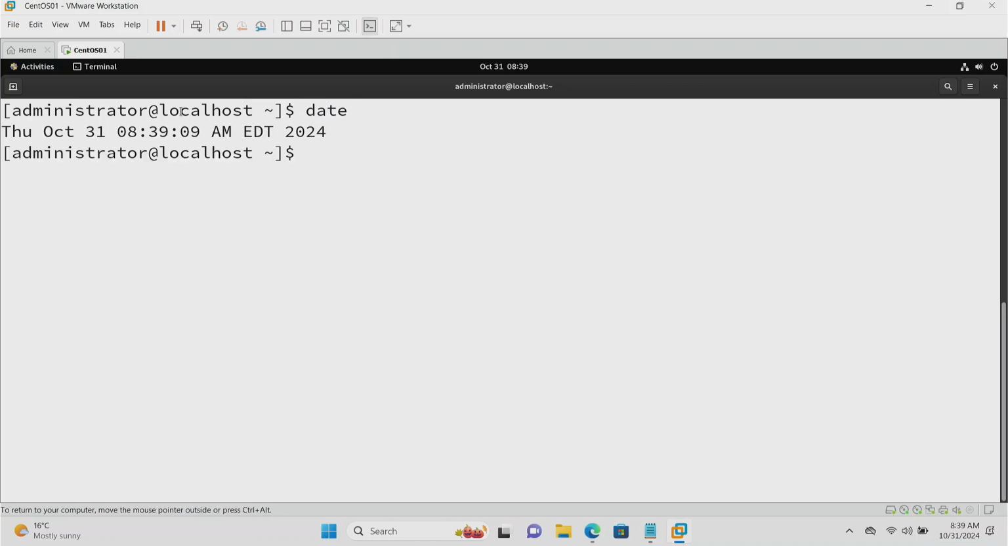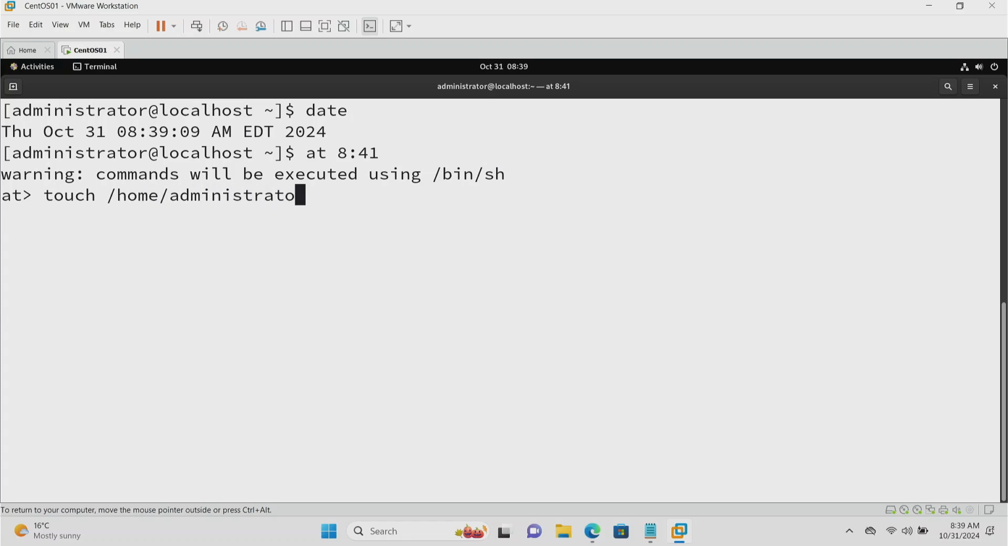So currently, my time is 8:39. I'm going to say at 8:41, and it's going to give me a new prompt. You can see that the commands are going to be executed using this shell, and here's my prompt. And I can just say something that will happen at this time. So I'm just going to say touch home administrator atfile. So I'm going to create a file at that time, and I can, again, put more commands if I need to or if I want to, or I can